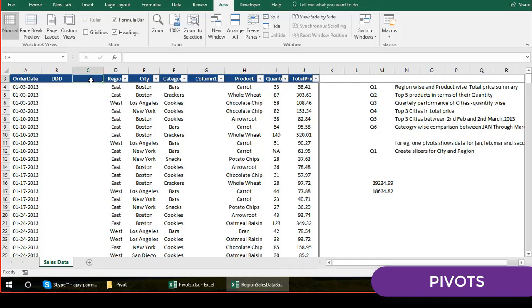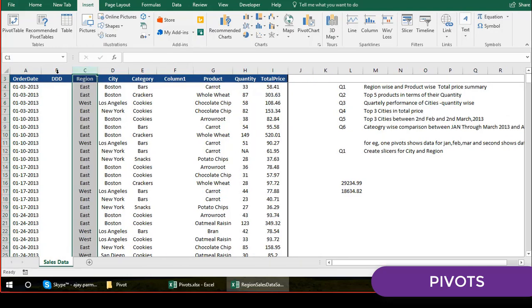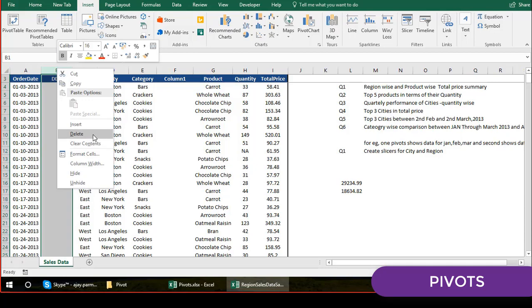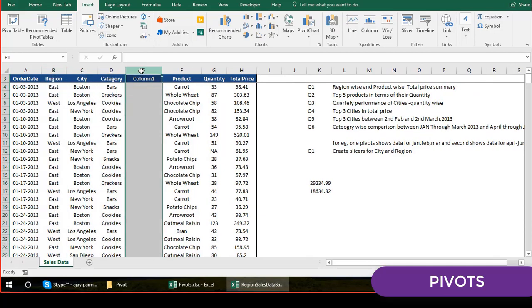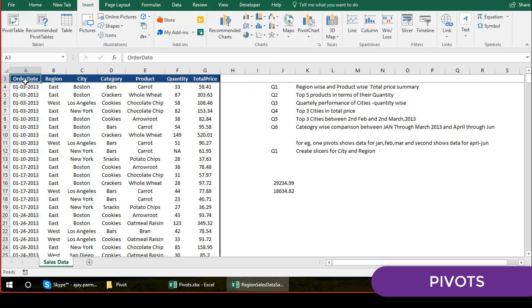But if you have a blank header, then the pivot will create a problem. For example, right now if I just go and insert the pivot, well, this we will see a little later. First of all, let me just give you the idea how to make the pivot. So I go and delete these unwanted things. I keep my data in the proper structure form.